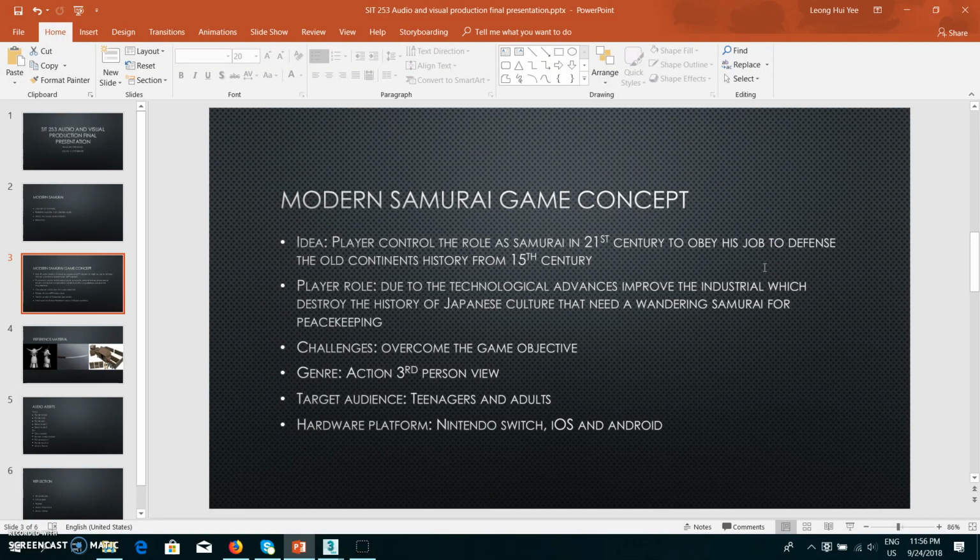The game itself would be set as a third-person game in a 3D sandbox environment, where the player controls the role of a samurai in the 21st century, whose job is to defend the old continent's history from the 15th century. Due to technological advances improving industry, which destroyed the history of Japanese culture, they need a wandering samurai